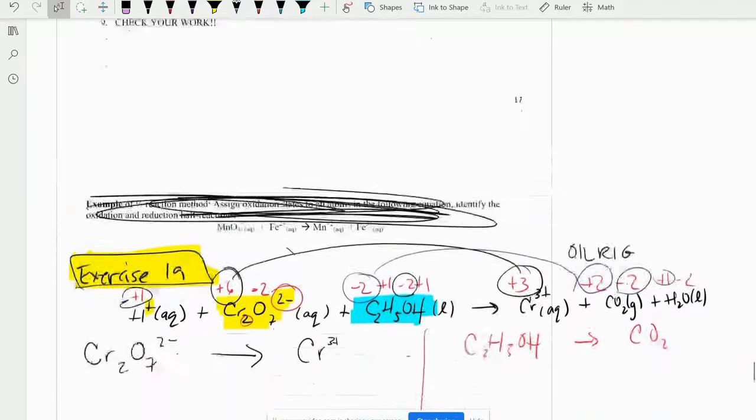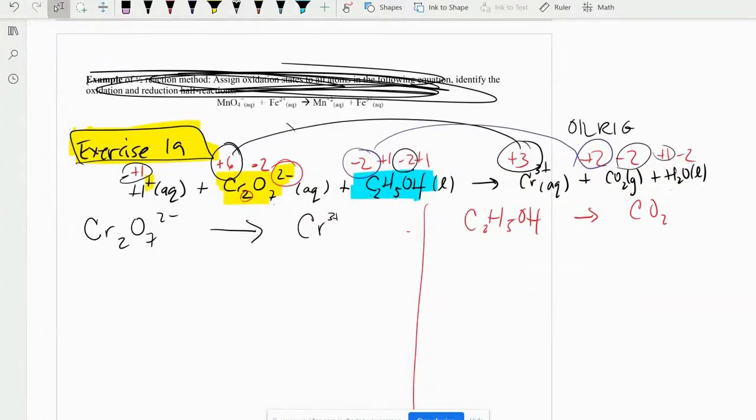So what that means is every element that is not a hydrogen or oxygen, make sure there are the same number of elements on both sides. Let's go over here to the half reaction on the left, the one that was reduced. And I see there is 2 chromium here, and there is only 1 over here. So I would put a 2 coefficient on this side of the equation,